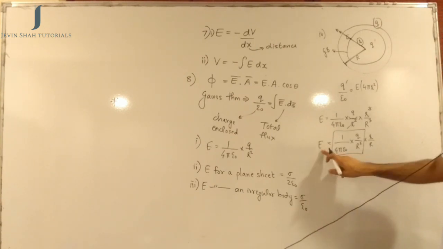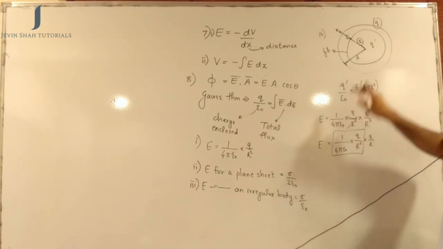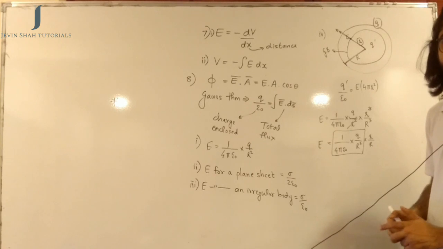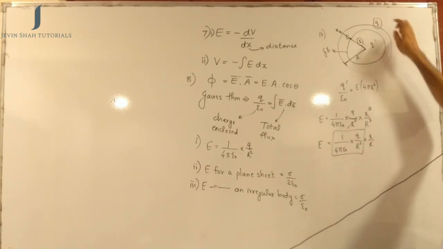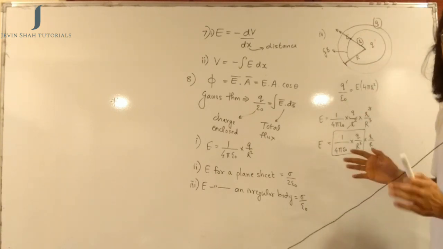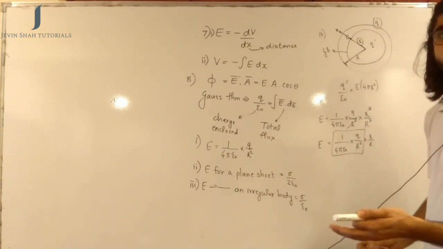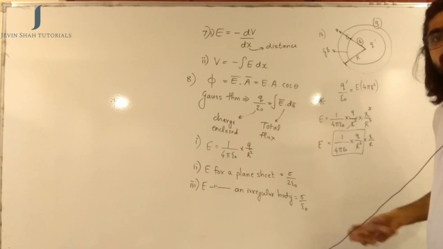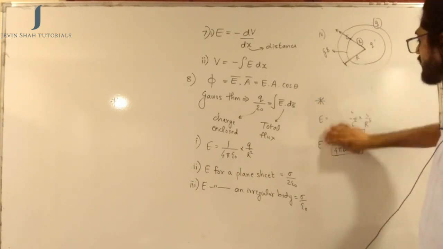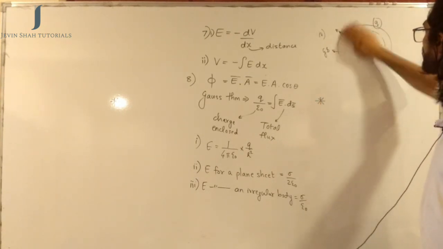So this is the formula for electric field intensity at a point inside a non-conducting sphere charged with a charge equal to Q. So that is the difference between a conducting and a non-conducting sphere. For a conducting sphere, E inside was 0, and for a non-conducting sphere, E inside will be non-zero. So let us just write down that formula in a proper way here.